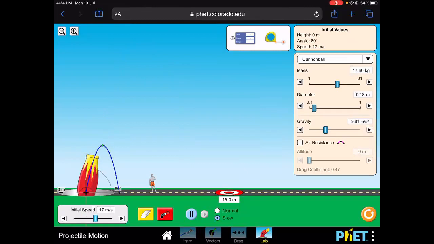Now let's make it 18 meters per second. Again, I'm projecting the particle. What did I do? I didn't change the angle, but I did something else. Due to this increase in speed, there is a drastic change that we are able to observe. Can you tell me what are all the changes that you are able to observe in this? Sir, height of the object and the distance traveled by the object, sir.